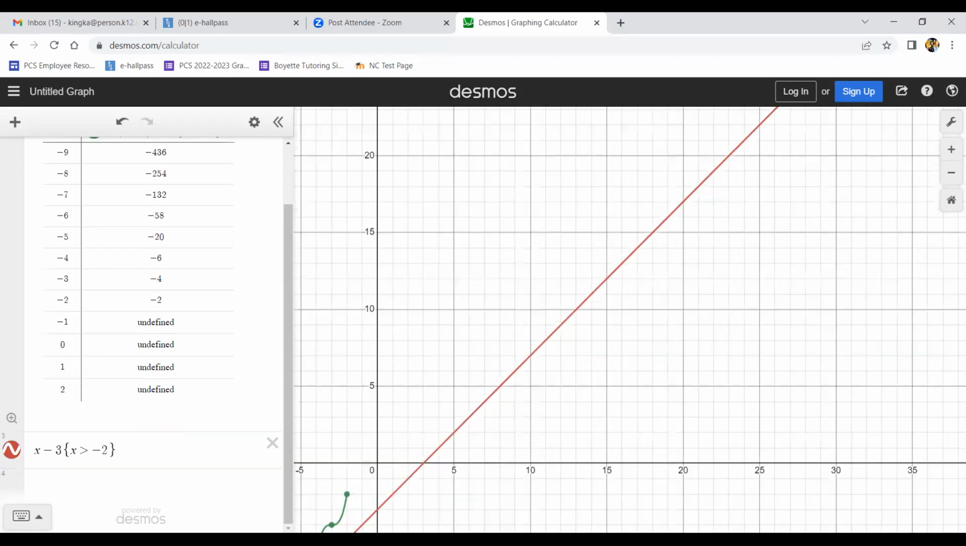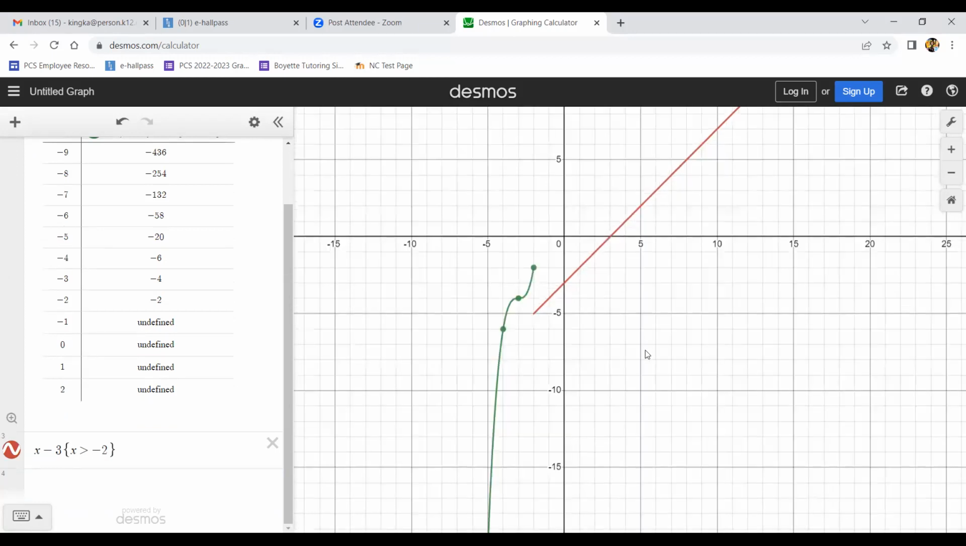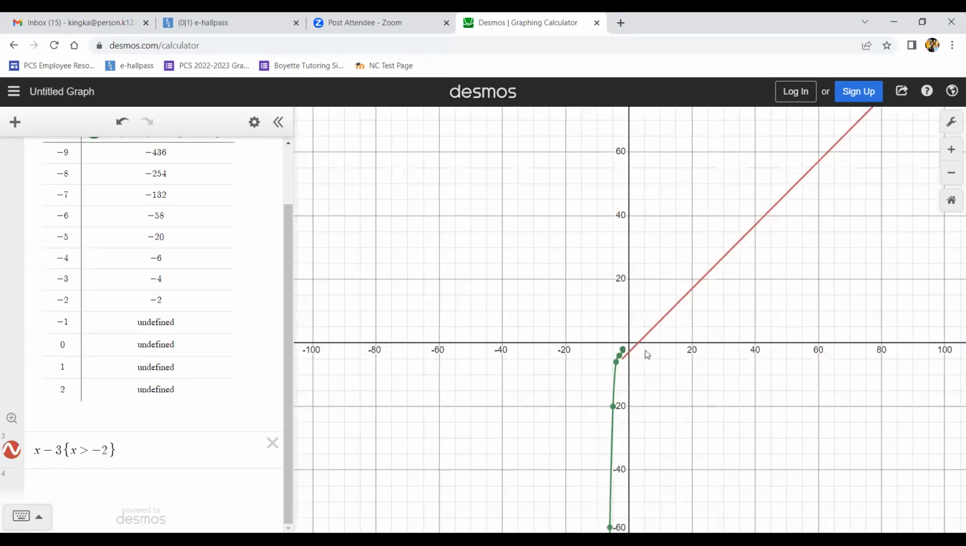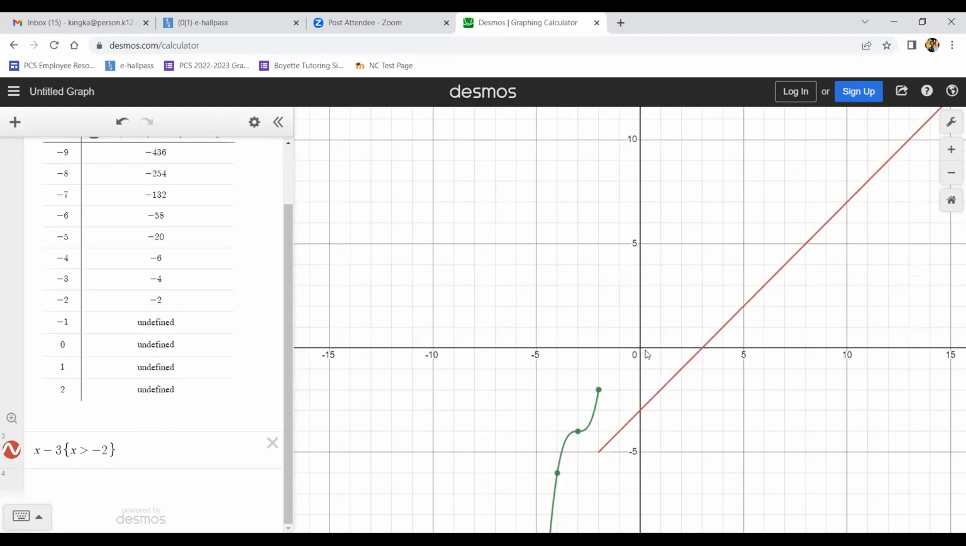So it would depend on what size your screen is. If I zoom out, then it looks a lot different. If I zoom in,